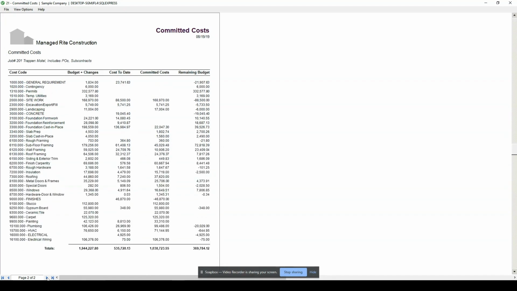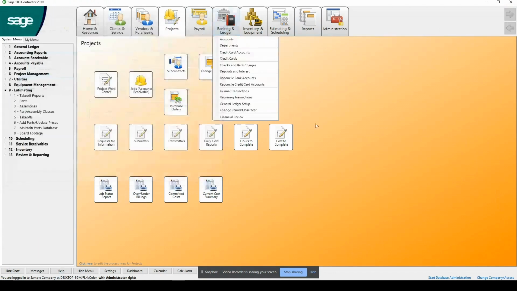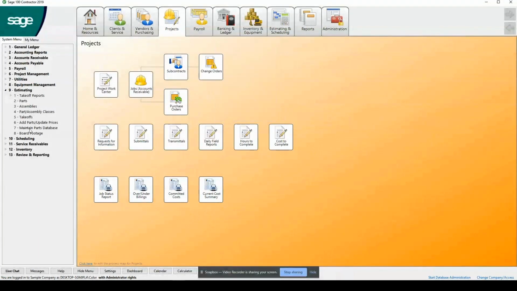But versus if I go look at my second job, now I have my estimate. I see my cost to date. I see my committed cost, and I can compare it against the remaining budget or also our estimate. Without that budget, how can I compare my remaining budget or my remaining cost? So not only does it affect accounting, it affects project management on the committed cost reports. And even if I'm not running a committed cost report, there are other reports within the system that are also affected by not having a budget.